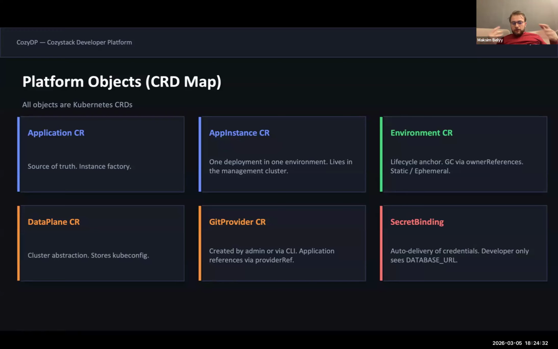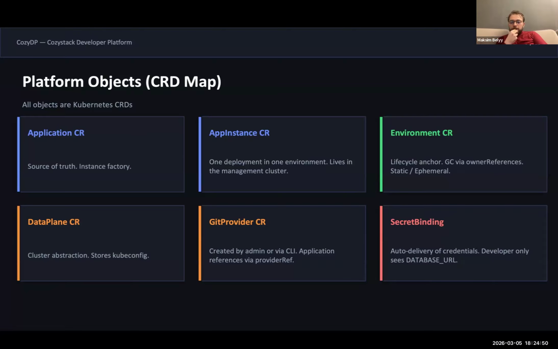The data plane custom resource is a managed Kubernetes abstraction that creates managed Kubernetes with some components required for running the developer platform.